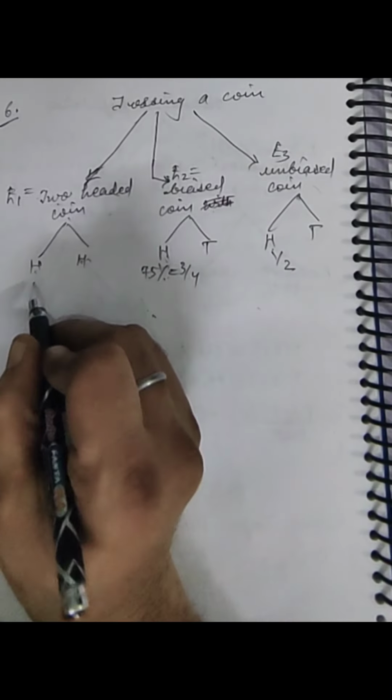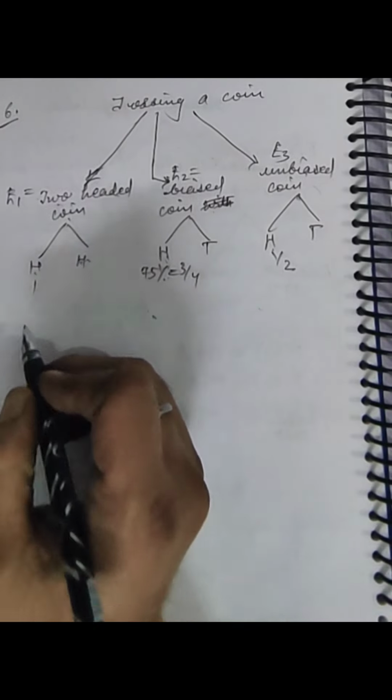Now in this question you can see, and in previous questions also, when we talk about conclusion, only one will be selected. We focus on one. Like in the previous case it was positive and negative results, so negative was avoided. The full focus was on positive results. Here we have this question where we will discuss only head. So in this second case, 75% is given as the probability of head. That's why I did not write it here. So this can be written as 3/4 as the probability of head. Now here it is 100%, means 1 we can say.